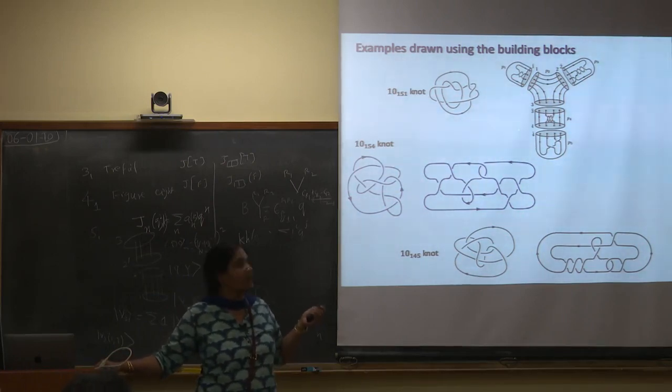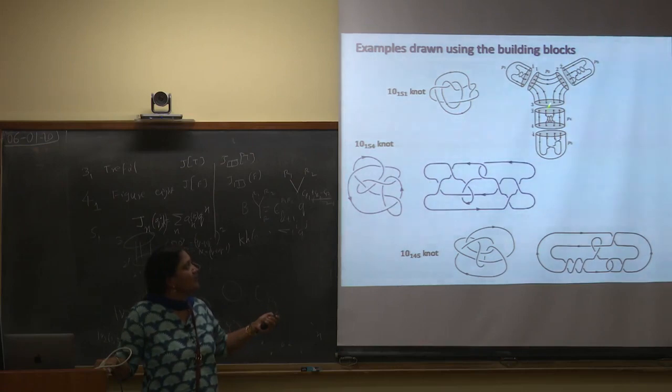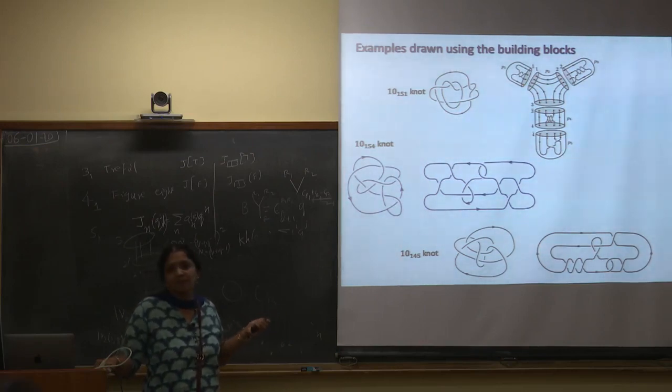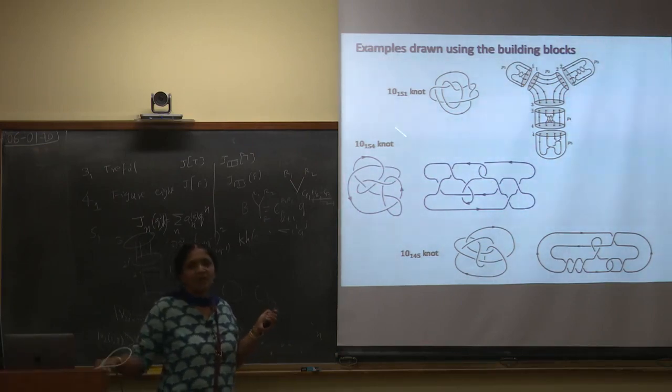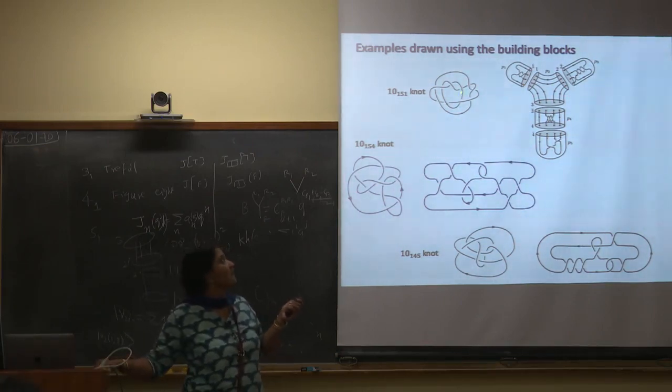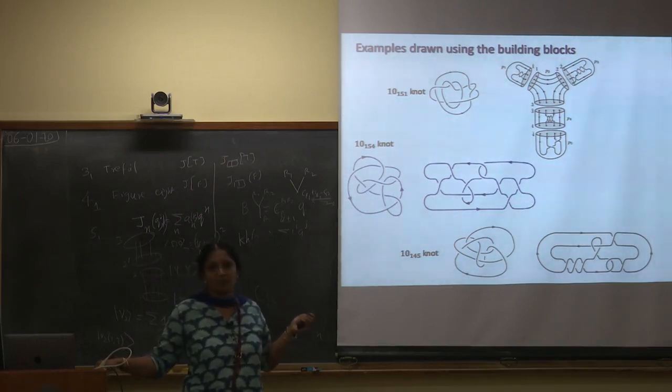tractable. If I take this knot and draw it as if it is 6 punctures going to another boundary with 6 punctures, even that I can draw, but then it becomes difficult to compute, but we could redraw it using these building blocks where every S2 boundary has only 4 punctures. Okay. But this exercise is not true for any arbitrary knot.